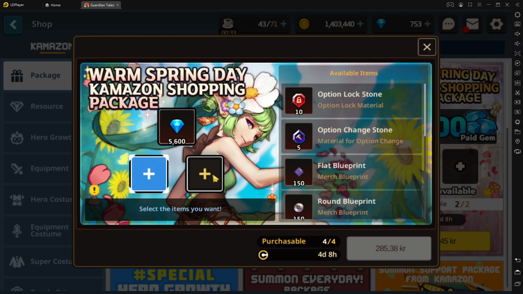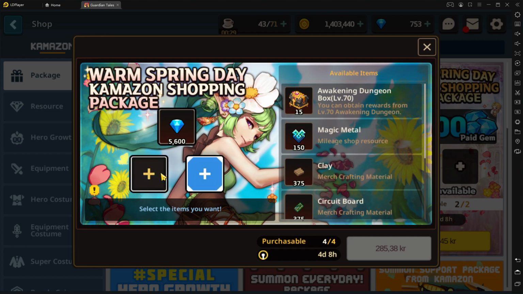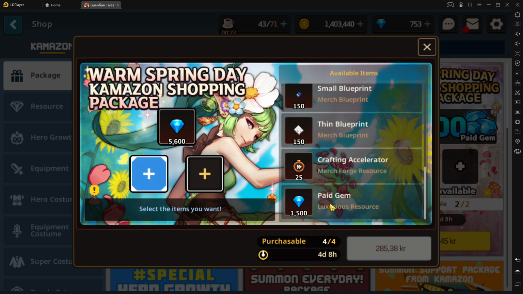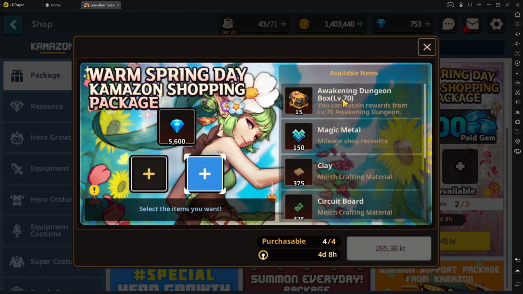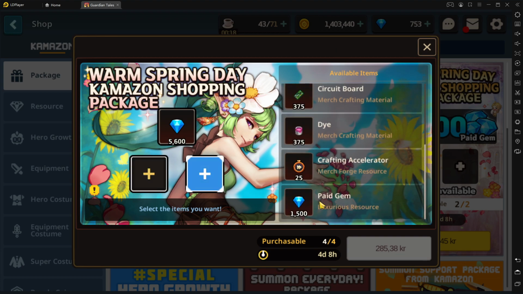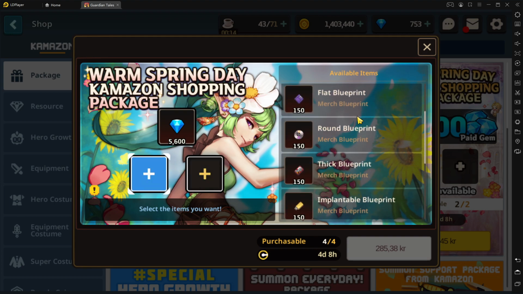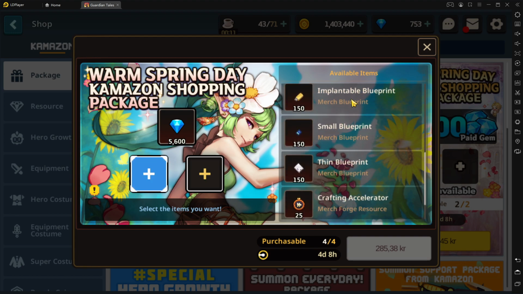Both packs have the same contents, however the slots this time do differ a little bit. So we're gonna take a look at this. I personally would not go for the option lock stones or the change stones, nor the paid gems down here. Same goes for this, awakening box, magic metal and paid gems, I would not go for. So let's just not look at those at all and instead look at the other contents that are relevant to